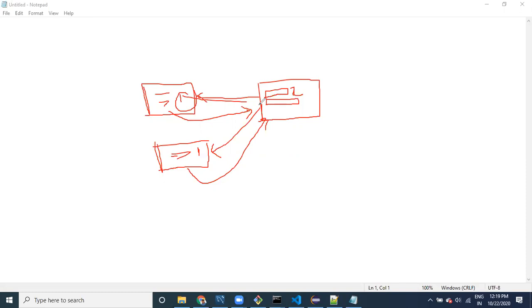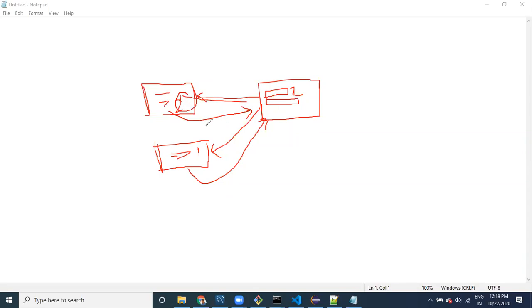Files cannot be pushed. Why? Because the version is mismatched. If you want to push the code, first you need to get the latest code. Here the latest code is 2, right? It has to get the latest code. Then these changes have to be committed.